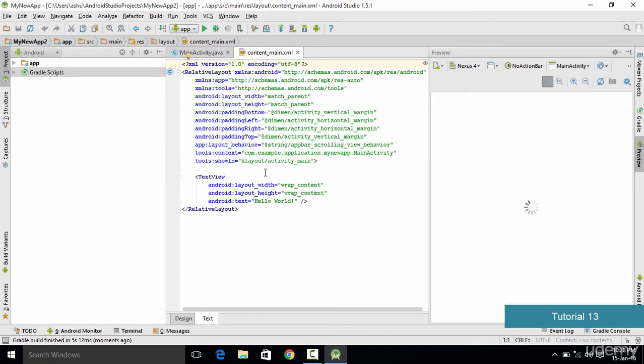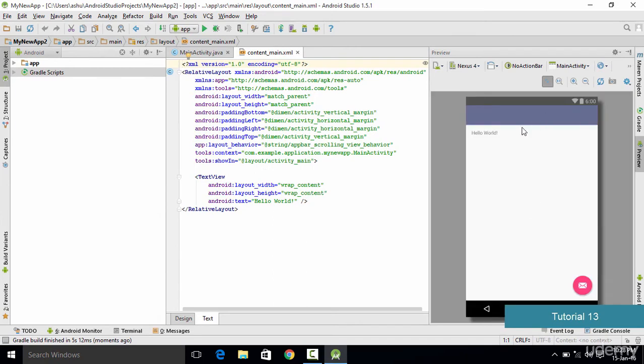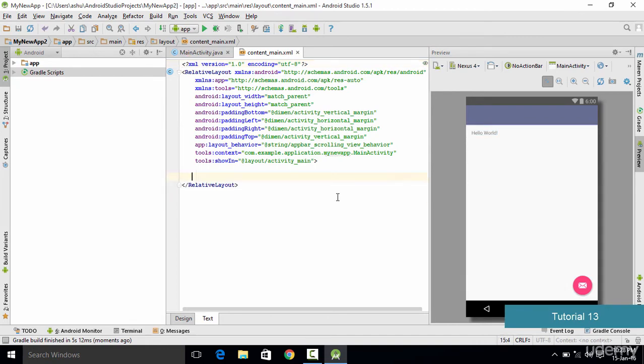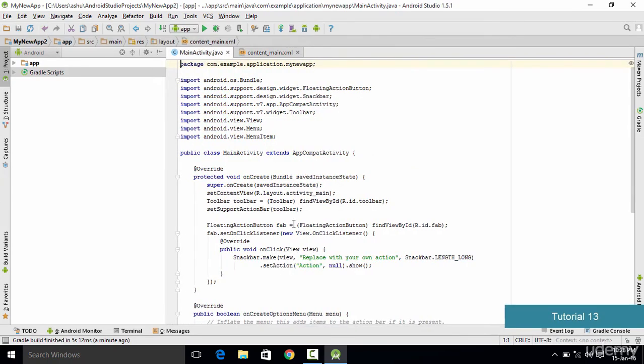Now once everything is set up, you just go into this XML text right over here, and what we are going to do is delete each and every component which is present right now in our application. So basically we delete this text view right here, and once we delete it, the next thing which we do is we go on to our main activity.java file,